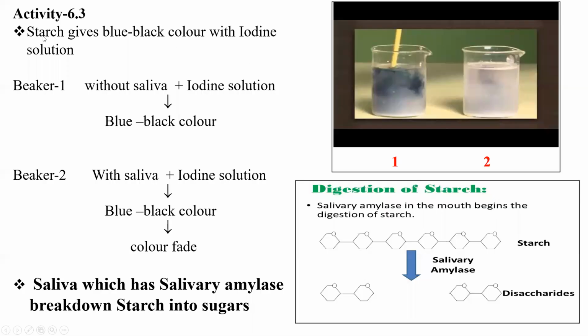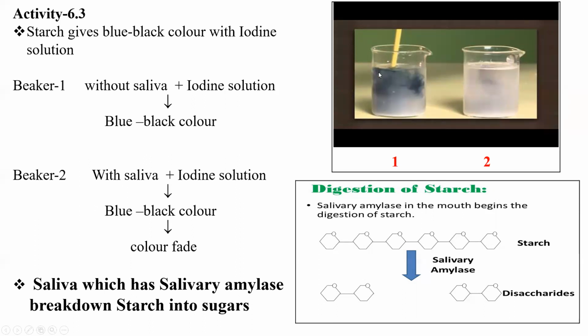Let's move to Activity 6.3 regarding the nutrition in human beings, meaning holozoic nutrition. We have only one activity, that is 6.3, that we will see once. Here, 6.3 is nothing but we are going to prove that salivary amylase converts complex carbohydrates into simple sugars. That is only going to be proved. For that, what are the things we need? Once you go through the reader, the full procedure is there. Here I am going to explain what happens and what the observations are.